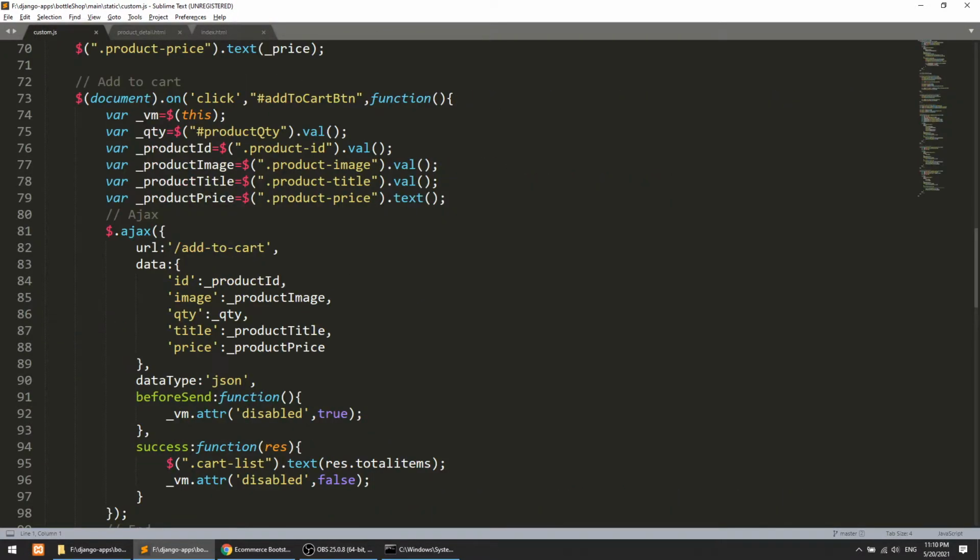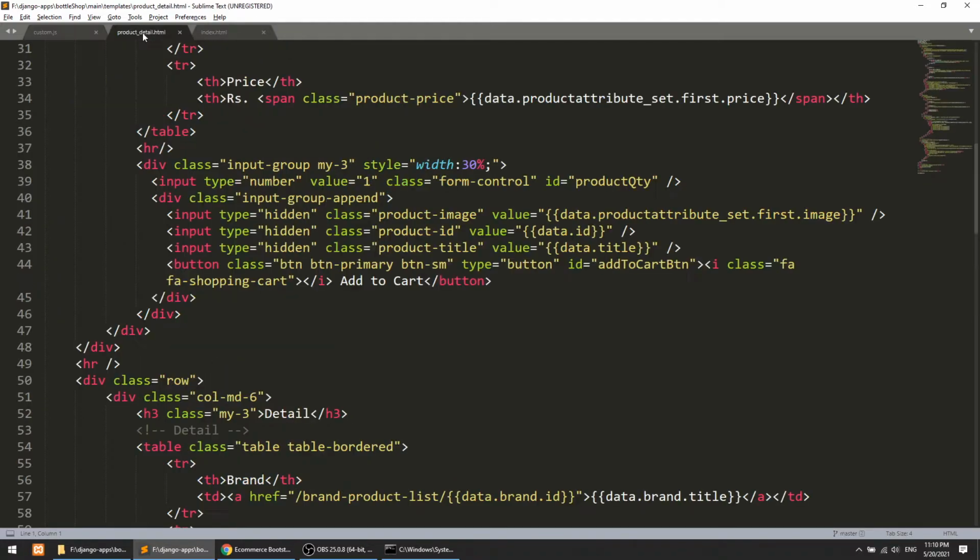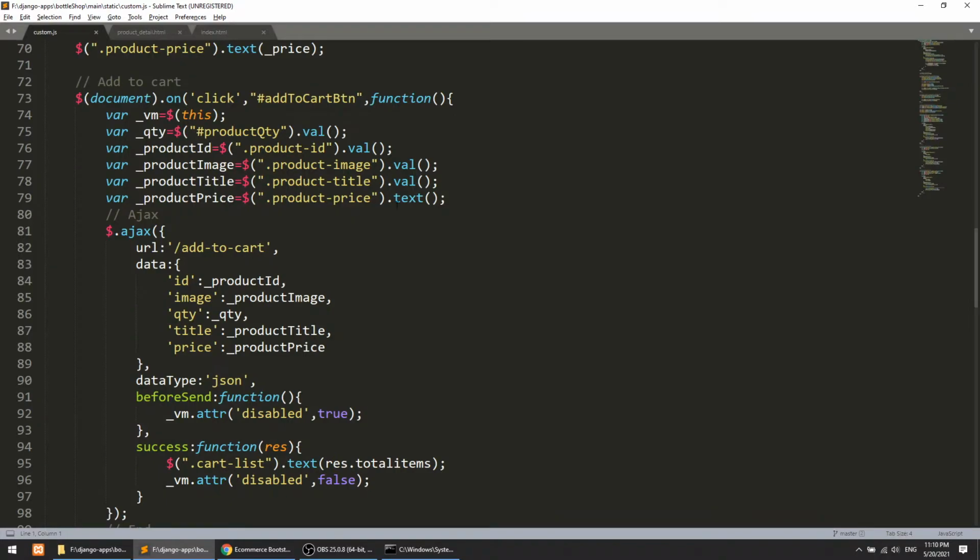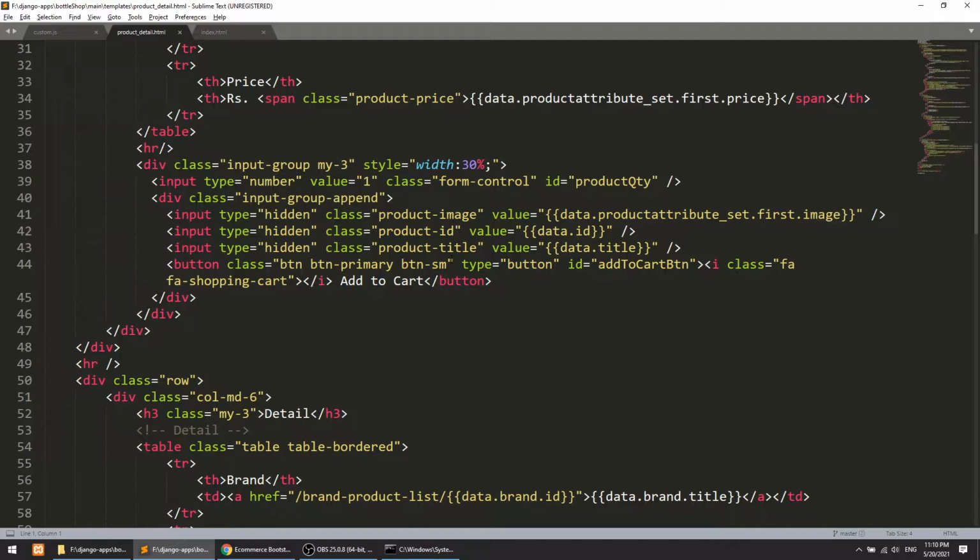I will keep this functionality, but I will change the way of getting our data.